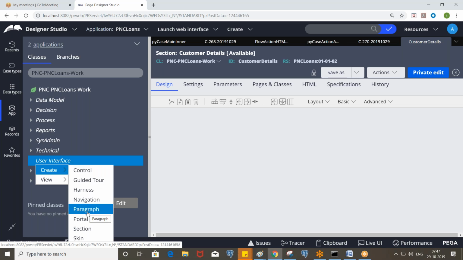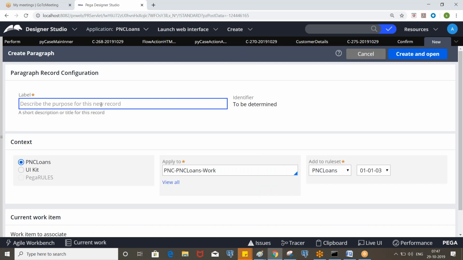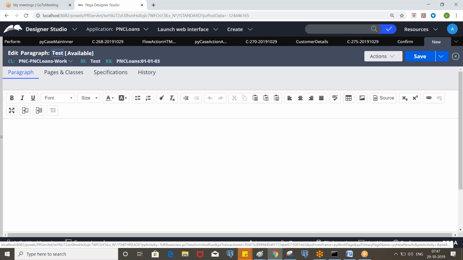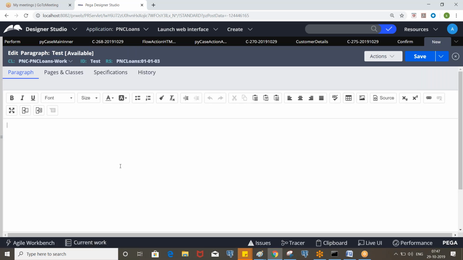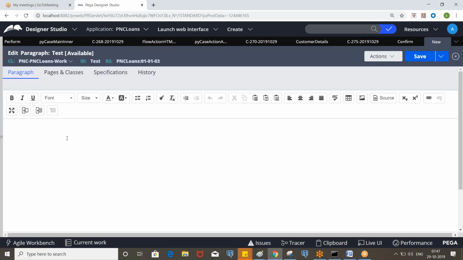For those kinds of things, if you want to put more static data, we use paragraph, and we can call it anywhere, like in the section or in the correspondence rules. It looks like correspondence, right? You can put all the static data here, and if you want, you can pass some of the properties dynamically, or call a section, and you can change the font size, color, everything.